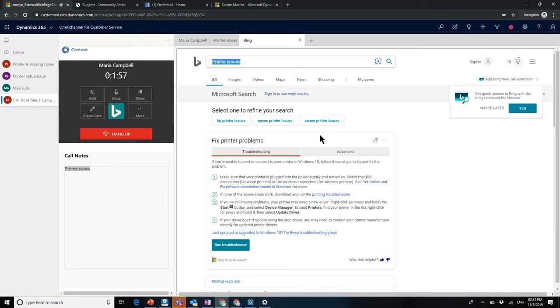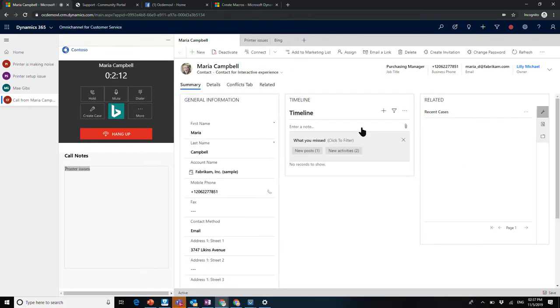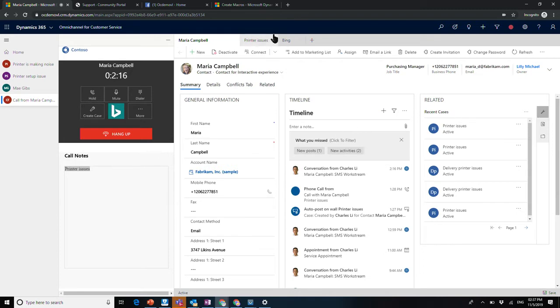So what I was able to show you is that you are able to take up a phone call. Actually, the phone call is going on. You are able to pass contextual parameters from the phone widget into the CRM. You are able to see both the communication data and the CRM data in the same window. You are able to communicate with third-party line of business applications as well, right?